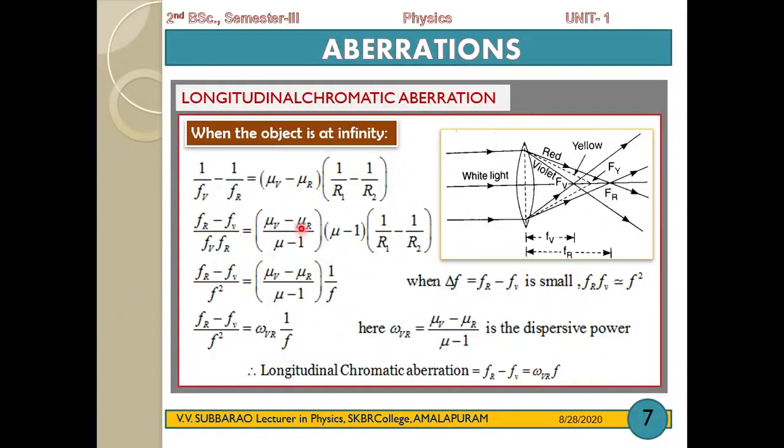So this expression is called the dispersive power of the material, omega VR. Omega VR equals (mu V minus mu R) by (mu minus 1). So (Fr minus Fv) by F square is equal to omega VR into 1 by F. Hence the longitudinal chromatic aberration, nothing but the difference Fr minus Fv, equals omega VR into F. This is the expression for longitudinal chromatic aberration when the object is at infinity. When the object is at infinity, the difference between the focal lengths Fv and Fr gives us the longitudinal